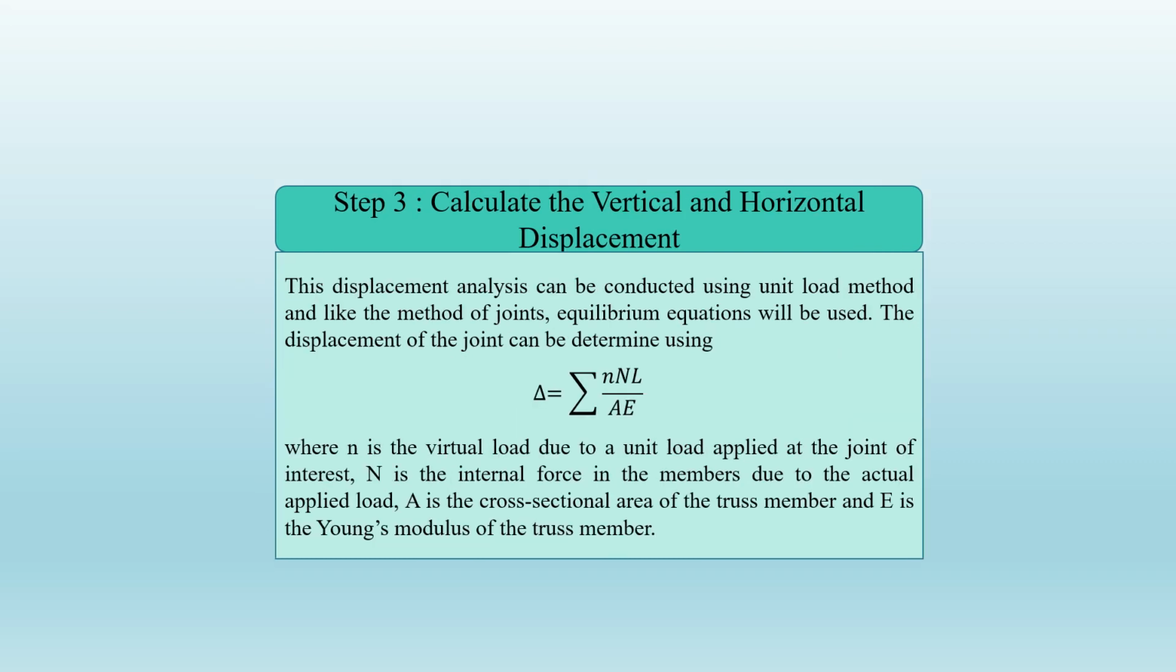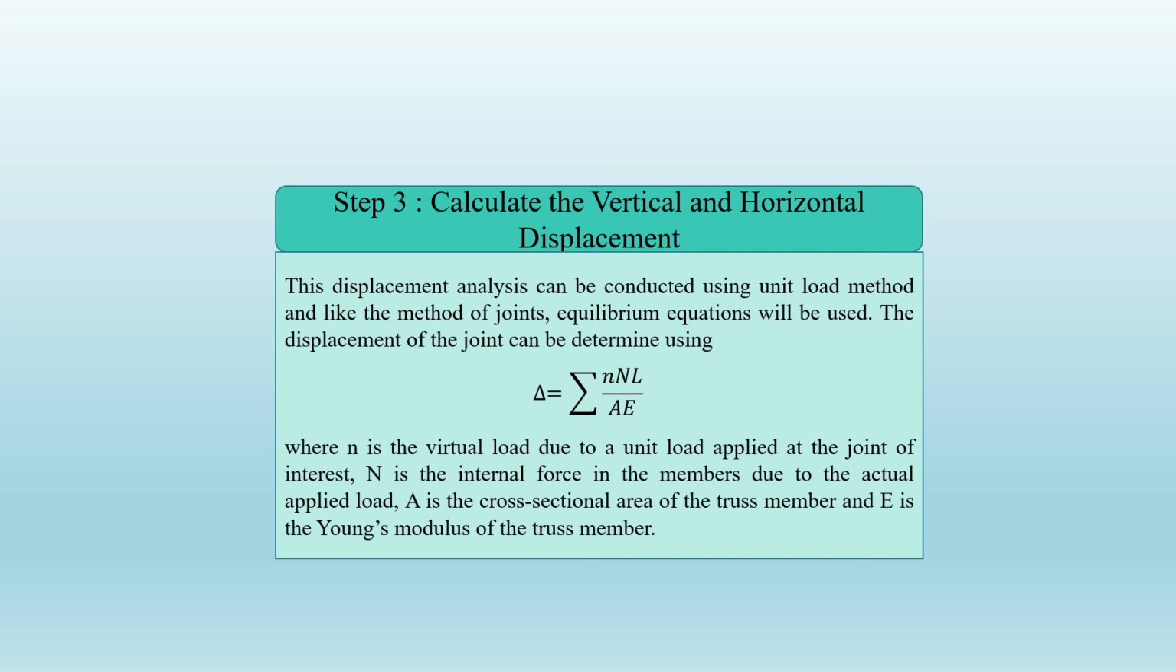The last step in method of joint is calculating the vertical and horizontal displacement. This displacement analysis can be conducted by using unit load method, and like the method of joint, equilibrium equation will be used. The displacement of the joint can be determined by using displacement equals to small n times capital N times length L